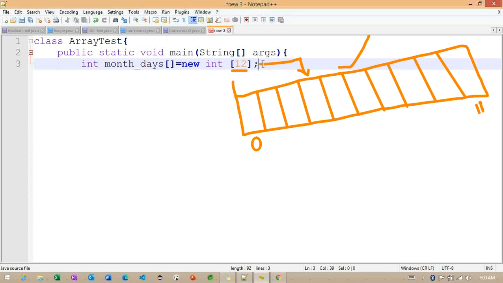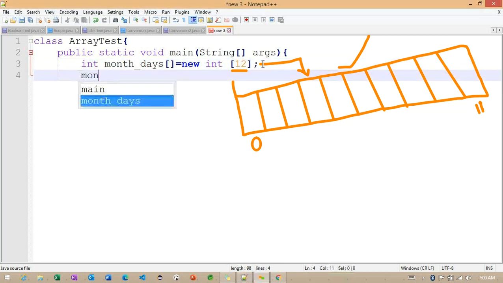Observe here, we add month_days, and we provide the open bracket, and here I provide the index number. Basically, an array plays a very important role based on this index.